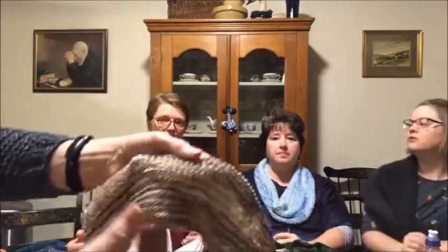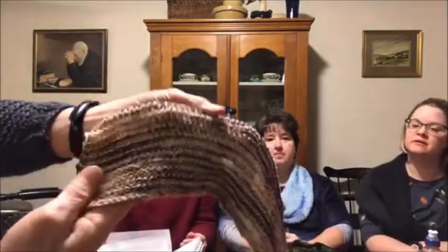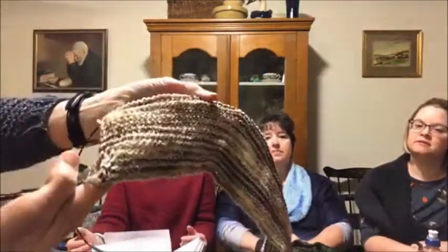Show this closer. Yes. The brown on that is a yarn that I dyed at Destination Yarn. And I love the colors in an iced coffee, like when they add the cream and there's like